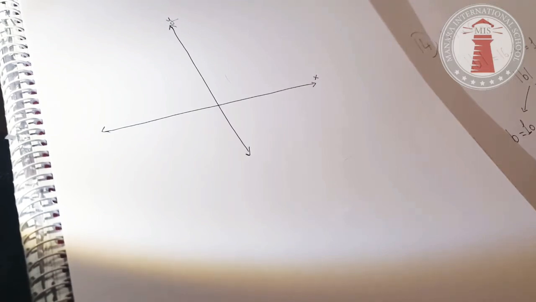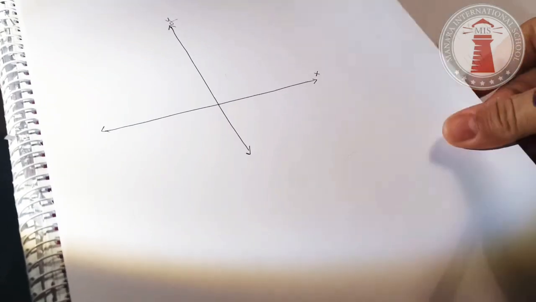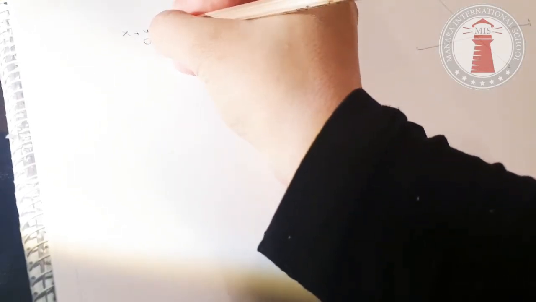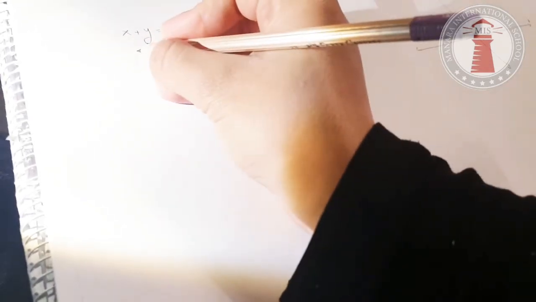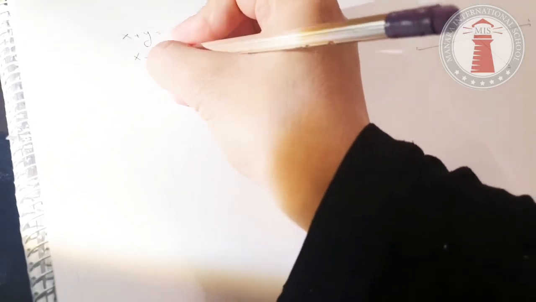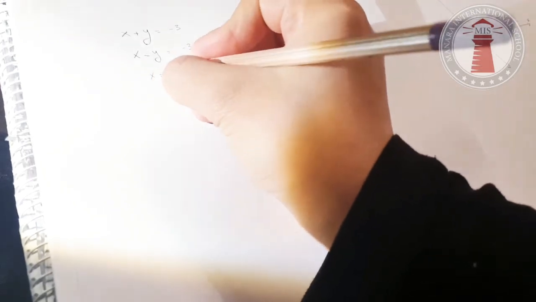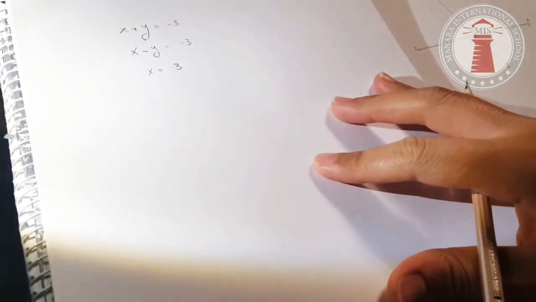So the first question was, which of the following equations describe a line with an x-intercept of 3? So here we're talking about x-intercept. We had three options. The first one was x plus y equals -3. The other one was x minus y equals -3. And the last one was x equals 3. We were asked about